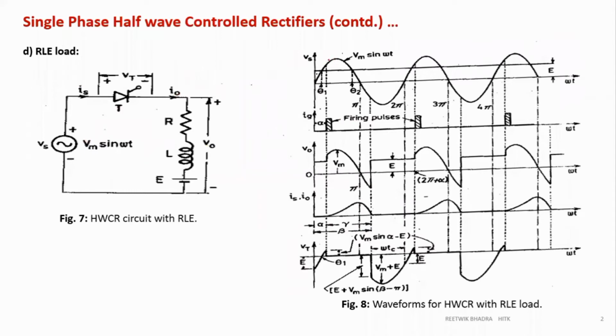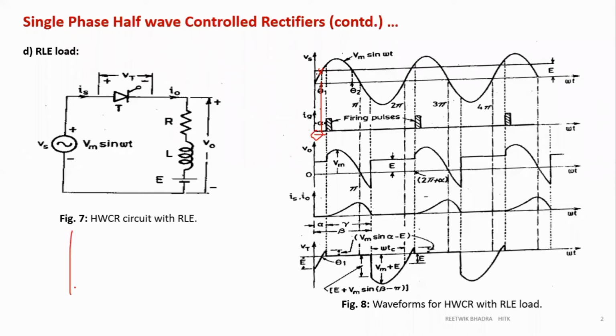So what I have shown over here is an AC waveform, which is your Vs, Vm sine omega t, and there is another EMF E, which is shown at some level. You can take any level, not a problem. Now we have seen that whenever my source voltage is greater than this E, only then can my thyristor conduct. So this is the point of intersection between E and Vs. This is my limit to the firing angle, this theta.